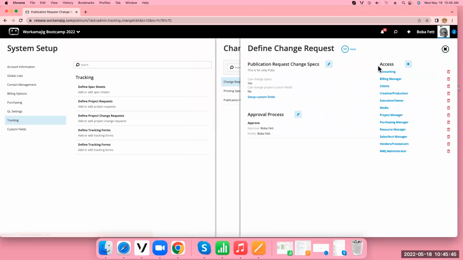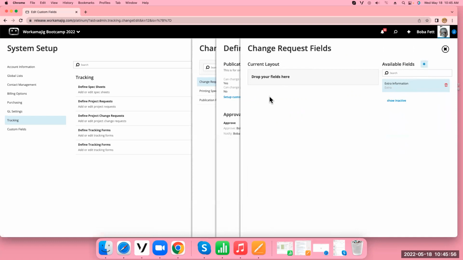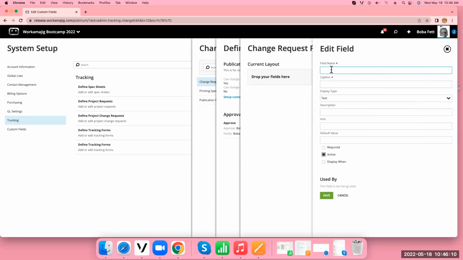Now what we can do, I was going to step right back here because I never did show you this. So this is the defining of this. And if you want to, you can have additional fields that you may need to add to the information. So I just made one that says extra information because I don't really know what else you would do, but you can click and make your own field. So this again is like your setting up of your spec sheets. You can make all your own fields or your project request forms or whatever. They're always giving you the option to add new things. So if I wanted to say, let's see, field name,